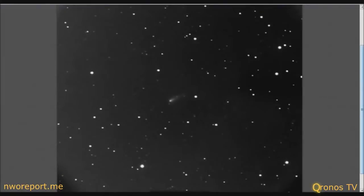What you're looking at here on screen is Comet Ison, taken from the SLU telescope over at SLU.com. One of the latest images of Comet Ison, which is on their 20-inch telescope over there. And they took this image here recently of Comet Ison as it continues to head inbound into the inner solar